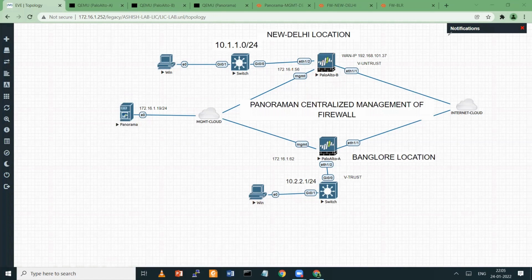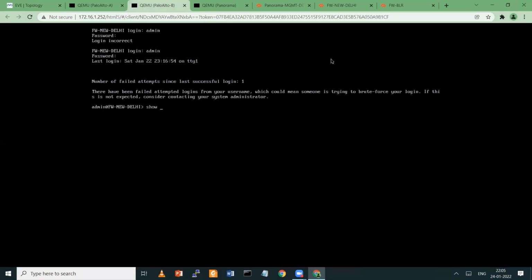Okay, sir. So the same configuration we have to follow. Here, we are not going to change the interface because it all has proper connection from management. So I'm going to check reachability from the firewall first. See, I'm trying to ping with the source option, and you can add the source IP.